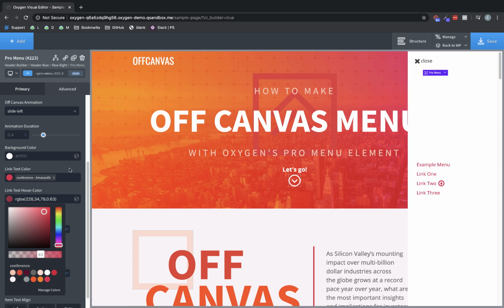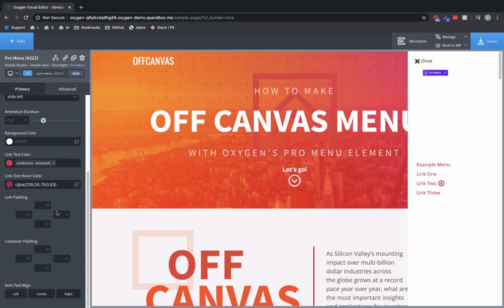Yeah, just to have a little bit of an effect there. And then container padding. So here's a trick with the Pro menu. You don't want your links to overlap the close icon, and if you have a lot of submenu items in one of your drop downs, then it can happen because when you toggle it to expand that submenu, it kind of shoves everything up to the top until it can't go any further. It's the top of the container,